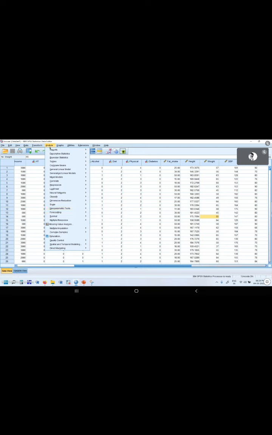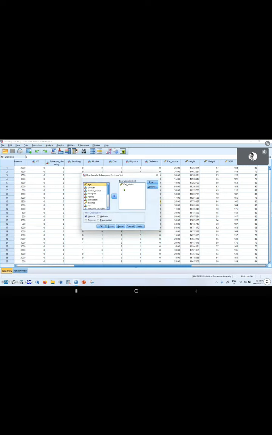See here, go to analyze. First, what we should do, I should check the normality of the variable SBP separately for males and females. Now, if I want something separately, go to analyze, non-parametric. Here, if I click any variable, it will produce the normality checking only for that variable, irrespective of any category. If I want separately for male and female, what I should do?